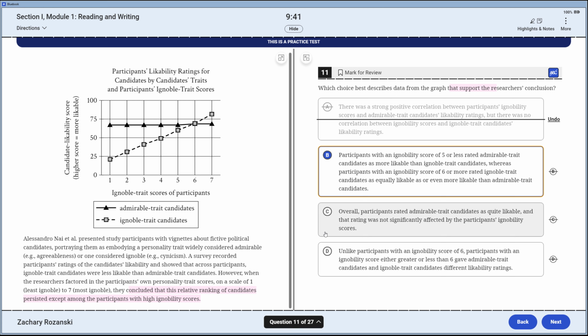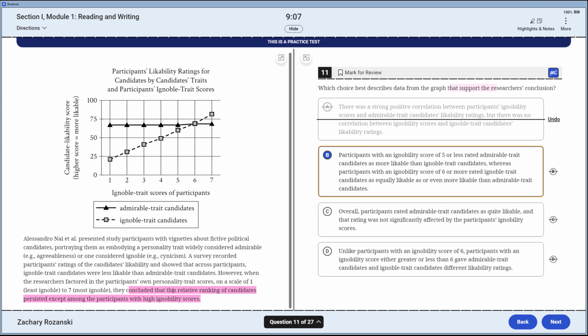This is overwhelming. C, overall participants rated admirable trait candidates as quite likable. Okay, I guess. And the rating was not significant. I guess that's true. Fair. Unlike participants with an ignobility score of 6, participants with an ignobility score greater or less than 6 gave admirable trait candidates and ignored that they're different. So besides this one, they said they were different. Fine. However, when the research factored in participants' own personality traits score, they concluded that this relative